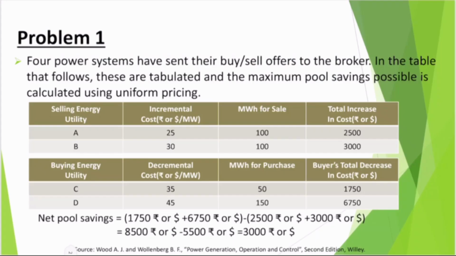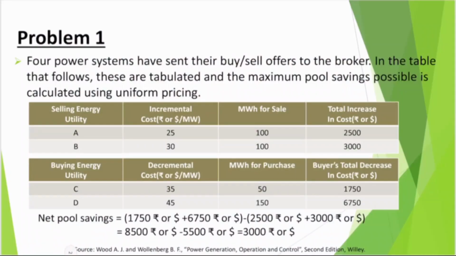Now, let us consider one example where there are four power systems, or four utilities, or four different entities, and some of them are willing to sell the energy and some of them are ready to buy the energy. So utilities A and B are willing to sell their energy, and utilities C and D are willing to buy the energy. And from the following table, it is very clear that A and B